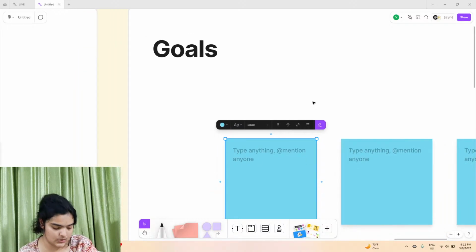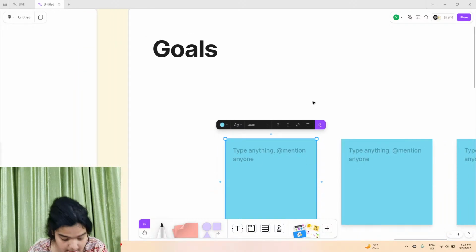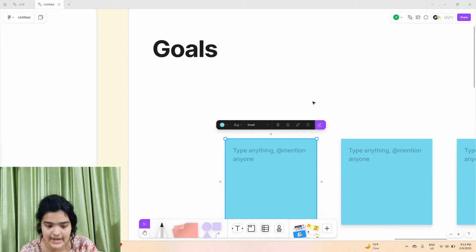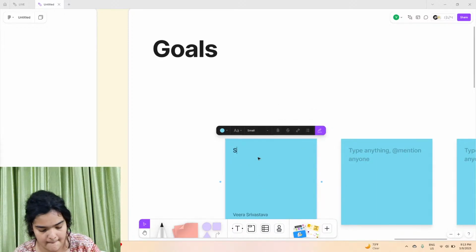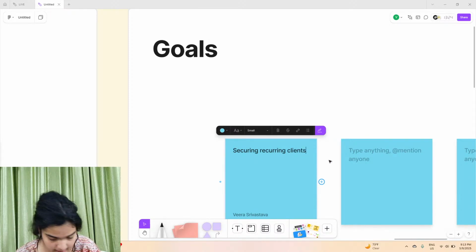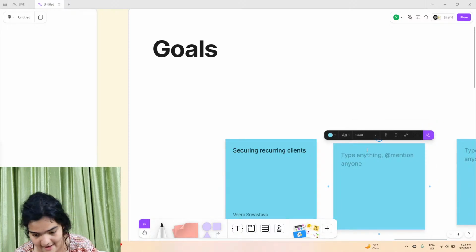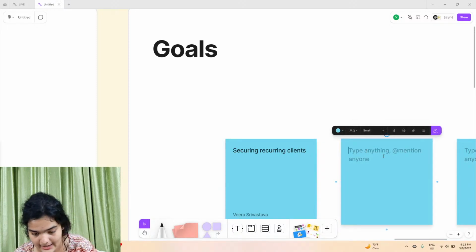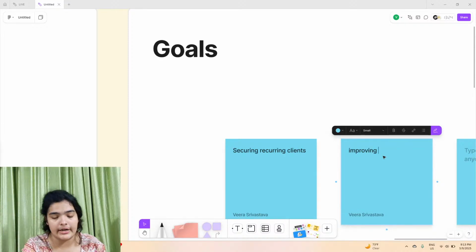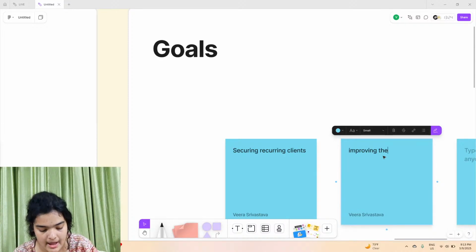Another couple of goals that the user could have are securing a consistent, high-paying chain of freelance clients. So now we're going to talk about the goals of this user, right? What are the goals a freelance designer could have? This could be securing recurring clients which pay highly. Another goal that this person could have is improving their personal branding and marketing. So this is again a very, very sought out goal for people who are just starting out freelancing, improving their personal